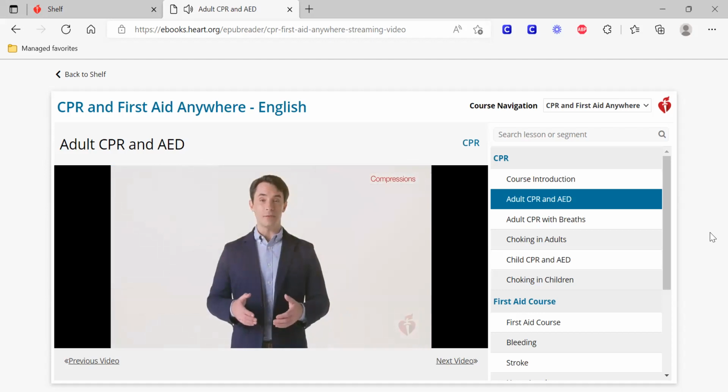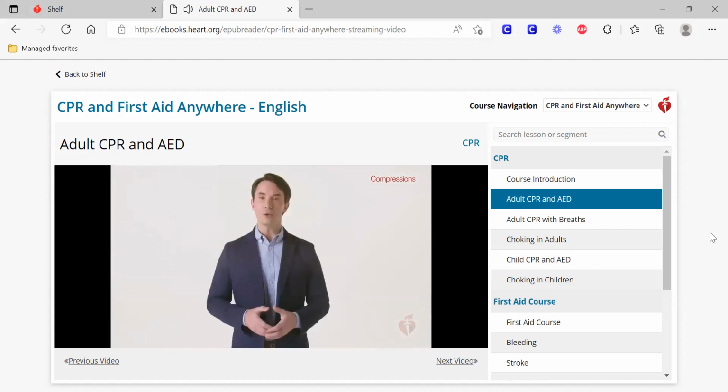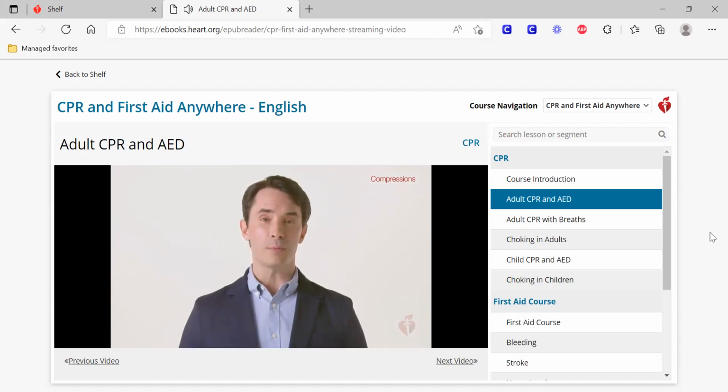Now you're ready to practice giving compressions. When the music begins, start pushing down hard in the center of Minnie Ann's chest, making sure you push the chest down at least 2 inches. You should hear the click each time you give a compression. Push fast at a rate of 100 to 120 compressions per minute, and let the chest come all the way back up after each compression. The music will help you practice pushing fast. Keep giving compressions until the music stops. Get ready to begin practicing compressions.